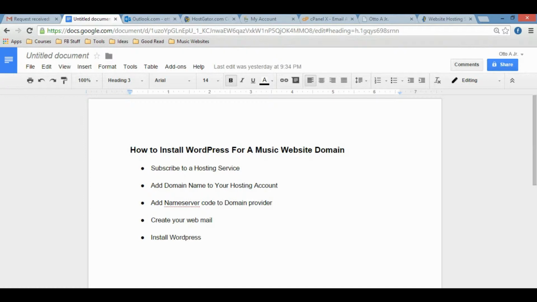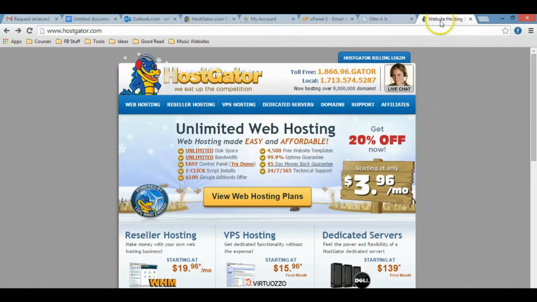Okay, so the hosting service that I'm going to recommend for you to buy or for you to subscribe with is this one right here, HostGator.com. Now, HostGator, I used HostGator for almost 4 years, and just recently I had to change to a different host